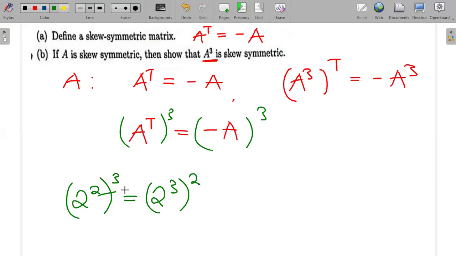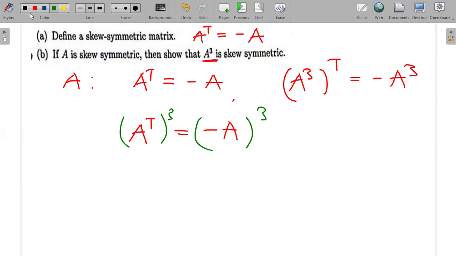You can see I can exchange these powers like that, because these powers are multiplying. If they multiply, I just end up with 2 to the power 6, which is the same thing. So I'm going to take the transpose out and bring the 3 inside. It will be A to the power 3, and then the transpose outside, is equal to